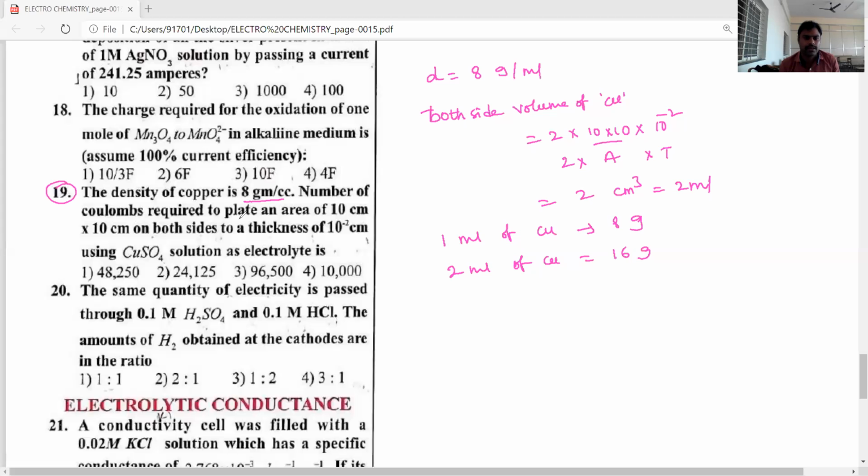The Q value they asked. So for this case, the number of coulombs is equal to copper plus 2, n factor is equal to 2. Copper plus 2, n factor is equal to 2. Then